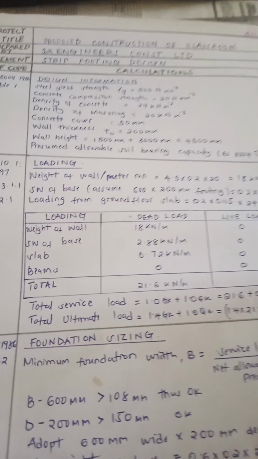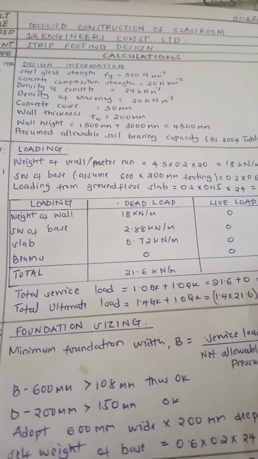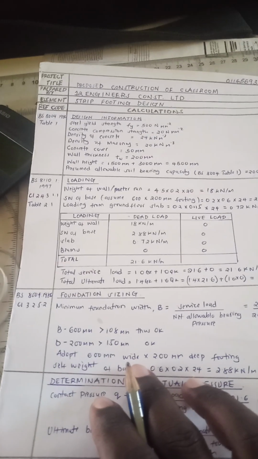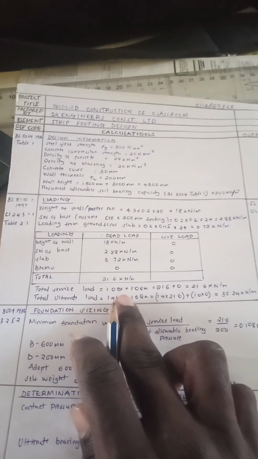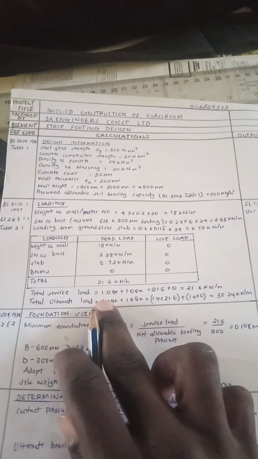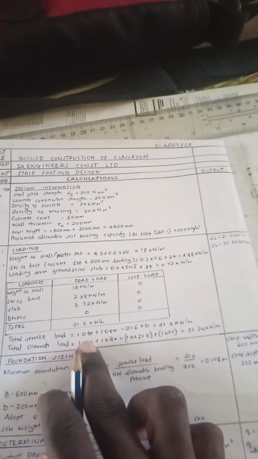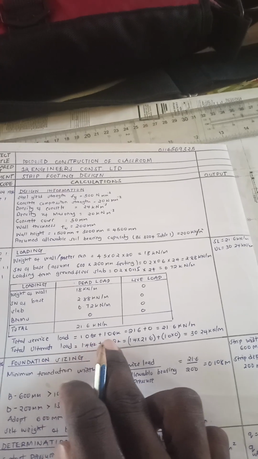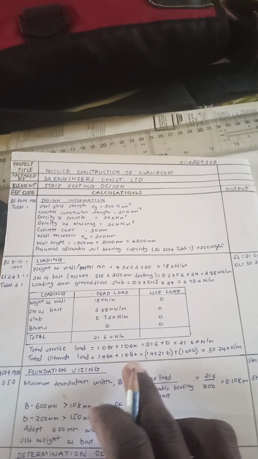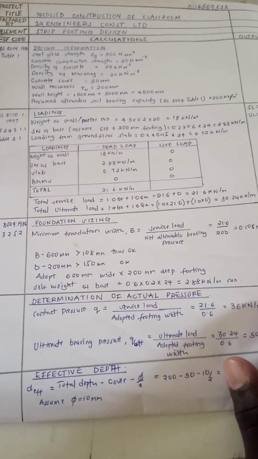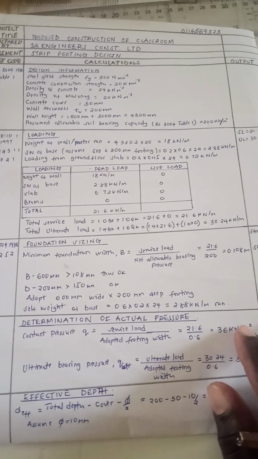You perform your loading, and then you perform your load combinations, using again a reference on BS 8110. You can perform load combinations here. The SLS using 1.0 GK and 1.0 QK, and your ultimate loads with 1.4 GK and 1.6 for QK, like so. Then next, you move to foundation sizing, which is more or less similar to that of